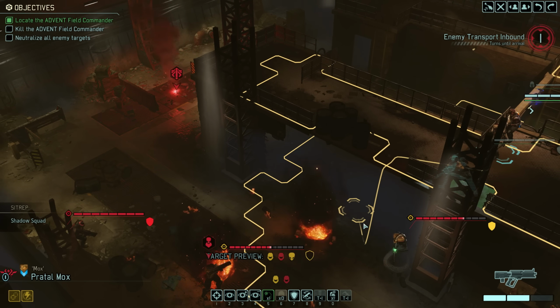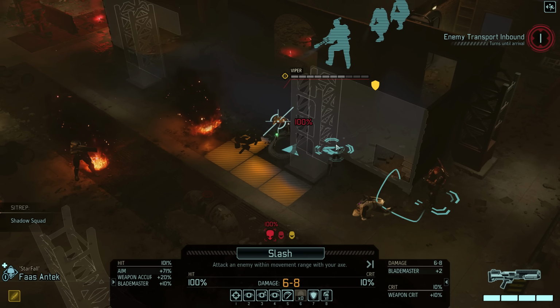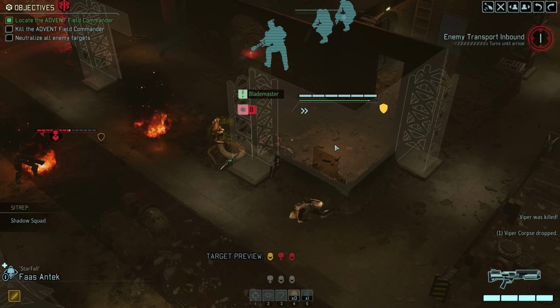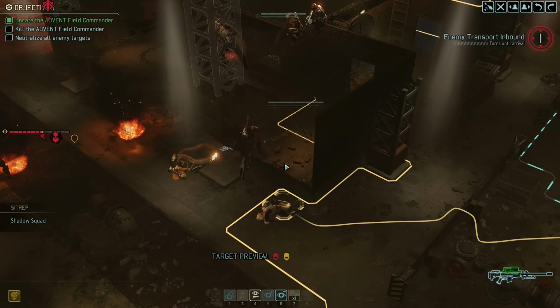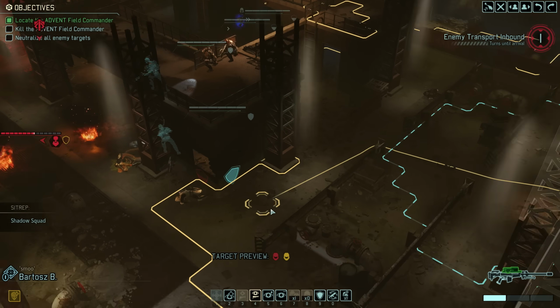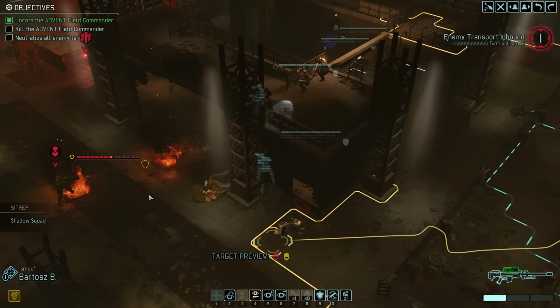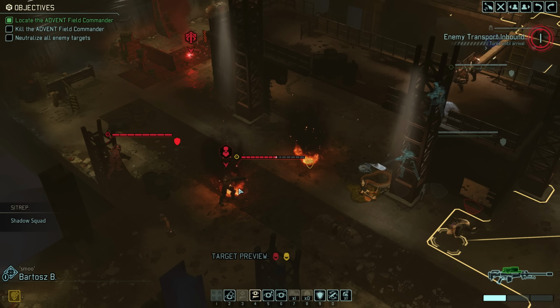though they are now exposed, we will first try to take out the Viper, and once again, Ranger Starfall Antek has a pretty good chance of doing so. Enemy eliminated. Okay, so things are definitely going smoothly here, maybe except for the fact that Sniper Smooth B now no longer has a squad side shot, even though he was still able to fire at the commander as long as they were behind cover. This now robs us of what would have been a high percentage, high damage shot,